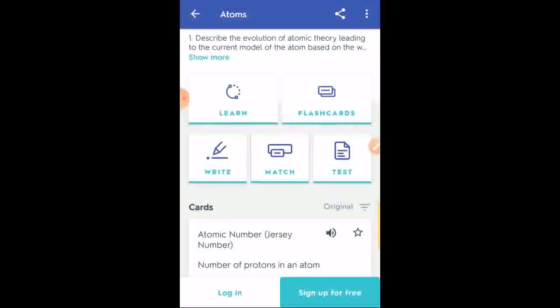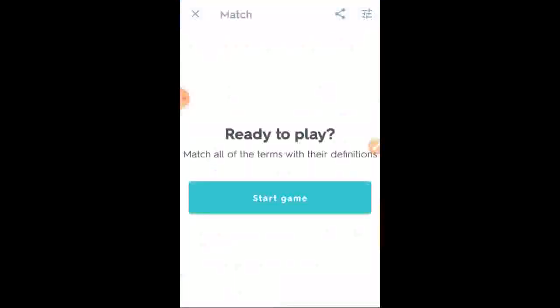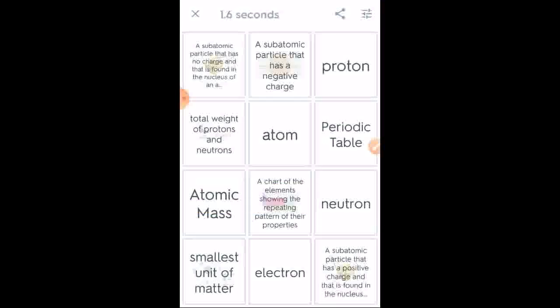I am now going to the fourth option, that is match. It is a very easy and very attractive game. Now when you press on the match, you have to start the game. Now after going to this, you will see the total words and the answers to match. So first you check, or once you read all the screen, then you go for the easiest option.